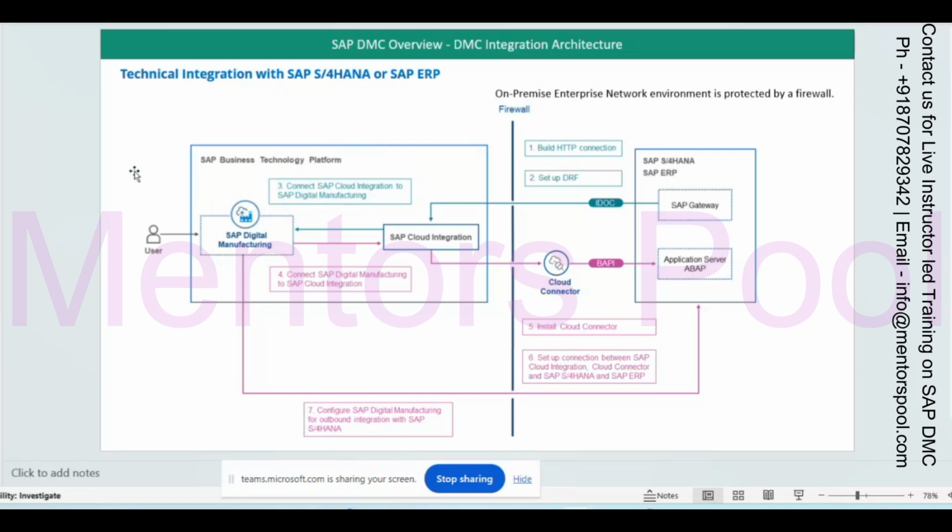You can build better insight and better reports in SAP Analytics Cloud, and it can handle any complex things there.